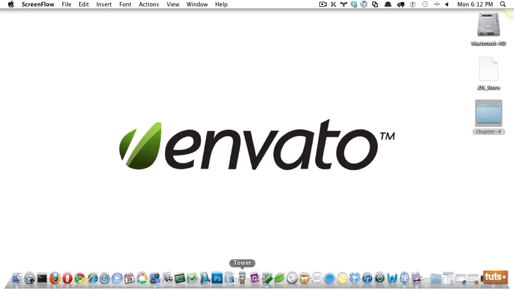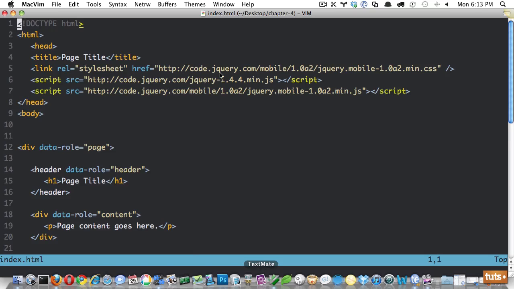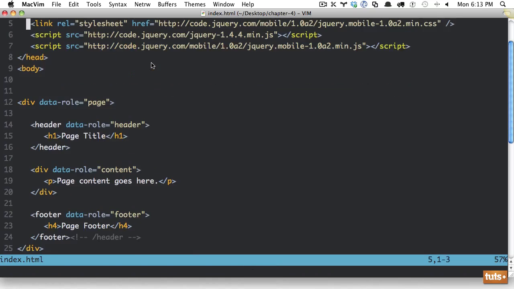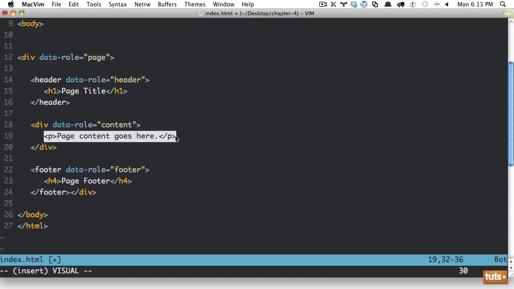So we're going to switch over to a different text editor, just one that's more convenient for what we're doing right now. You can do this in any editor though. So this is where we left off in Chapter 3. We had our wrapping div, our header, our content, and our footer. Now, we're going to keep the header and the footer the same for now. However, we're going to change this main content area, and what we want is a list of options, or this